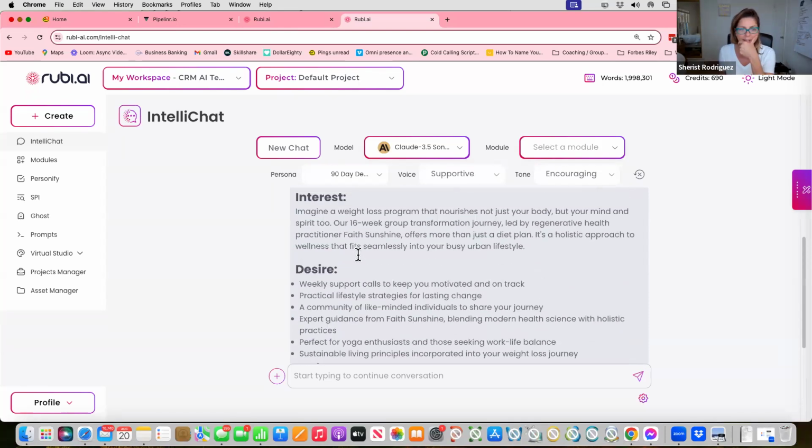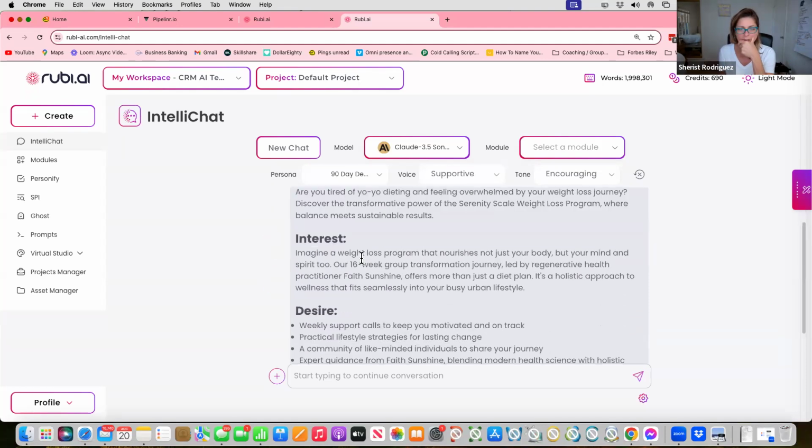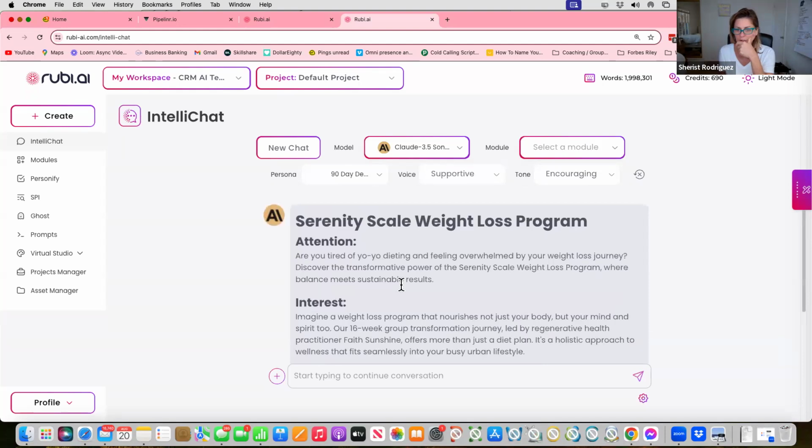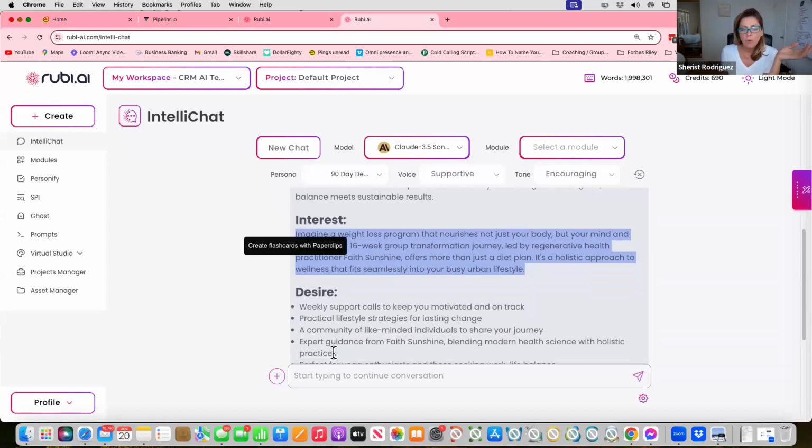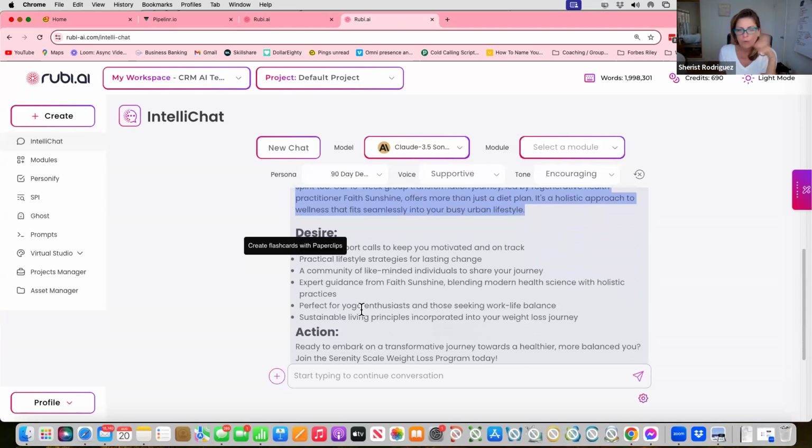Now let's say in this same one, what did I say I wanted to change? You can actually copy this now and put it in here and ask Ruby to reword it, to speak more on something else, or to elaborate more on the desire, or remove the part about yoga, and it'll remove it and rewrite it the way you want it. So that's why I like incorporating the chat with it.